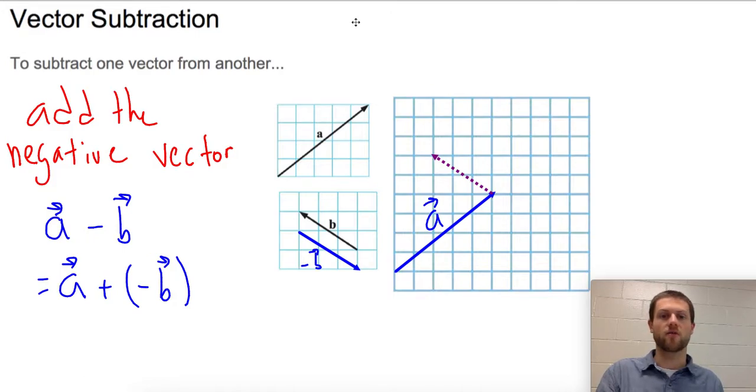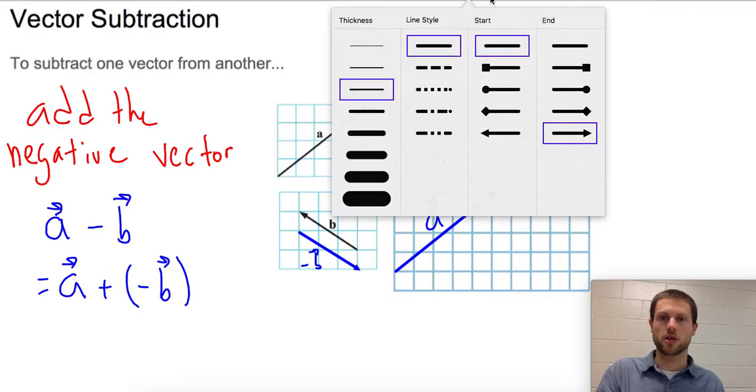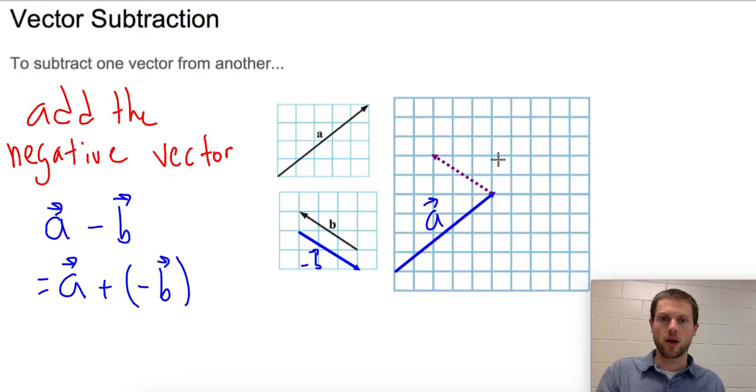But instead of adding vector B, I'm going to subtract vector B. Or you can think of it as adding the negative of vector B. So what I'll do instead, if I go back to my normal color scheme here, instead of going up and to the left, I'm going to go down 2 and to the right 3. And that, in essence, is going to be like adding